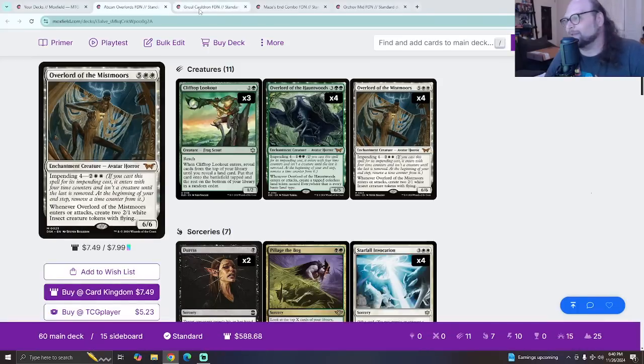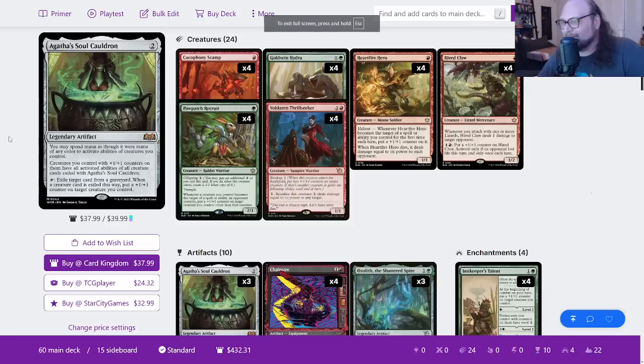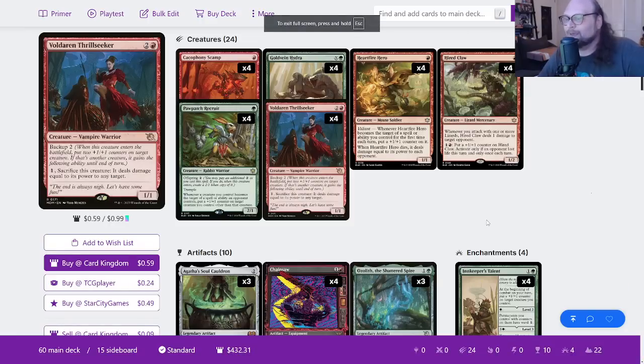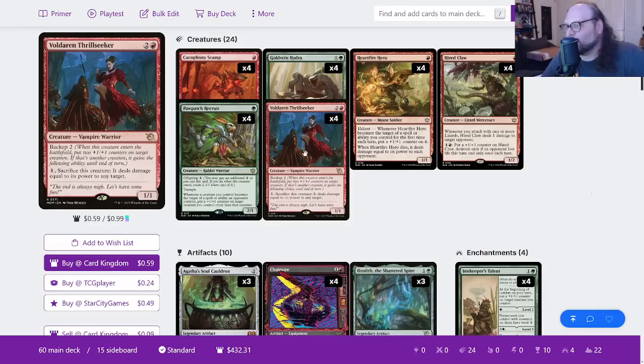Second deck of the week. Let's look at another one that's kind of been done a couple of times, but we just haven't seen it in a long time. And this one is slightly different than we normally see. This is an Agatha Soul Cauldron Gruul deck. Now, this is the one that wants Voldaren Thrillseeker,